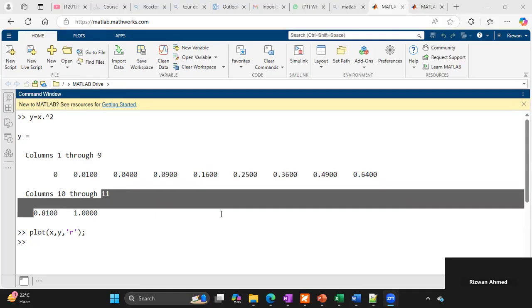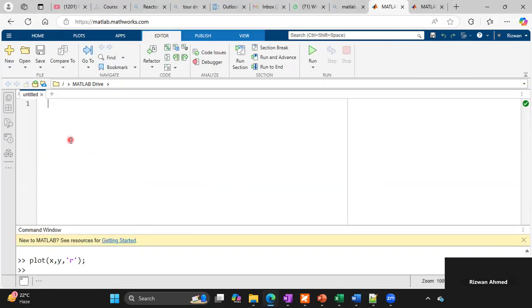So now the objective is to write a MATLAB program to plot a trigonometric curve like a sine curve. So I generate a new script. The MATLAB script must be saved as a file with extension .m. In MATLAB, any line following the percentage sign is considered a comment. So this is a test program,